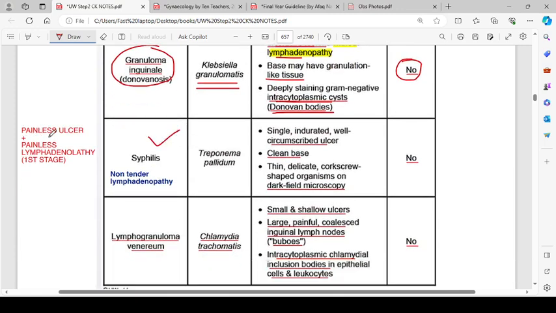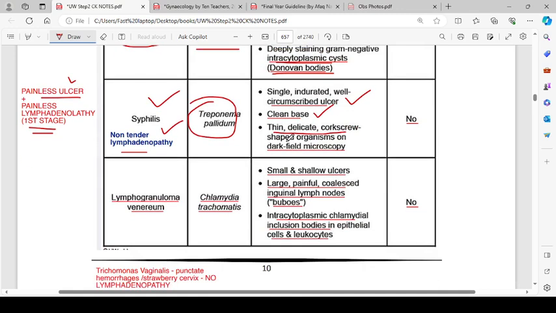Syphilis. The painless ulcer or painless chancre is characteristic of syphilis. Painless lymphadenopathy will be seen in stage 1. So non-tender lymphadenopathy. It is caused by Treponema pallidum. Single indurated well circumscribed ulcer, clean base, thin, delicate corkscrew shaped organism on dark field microscopy, and the lesion is